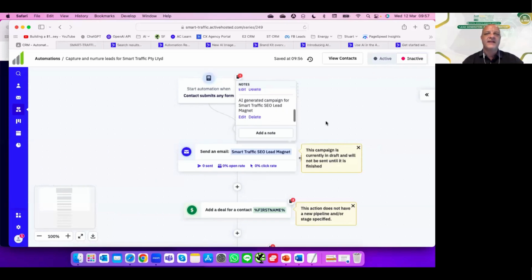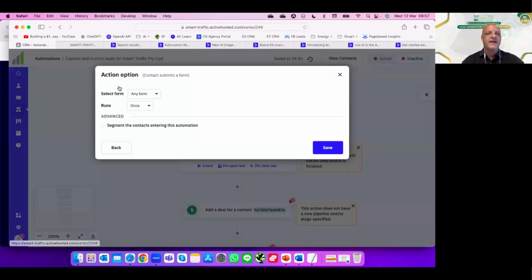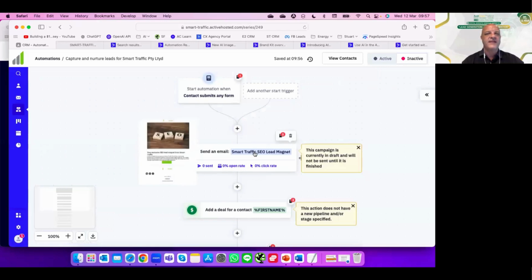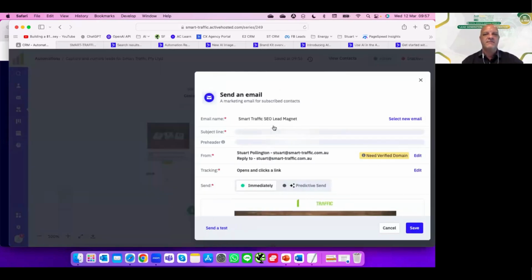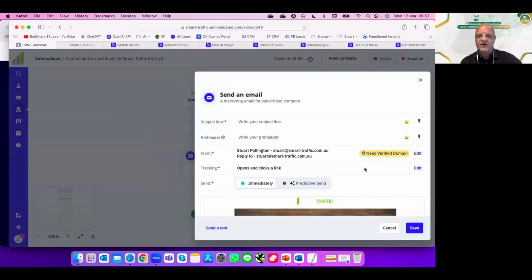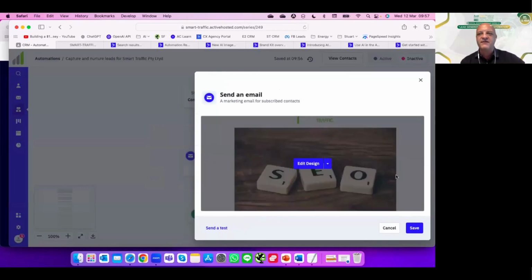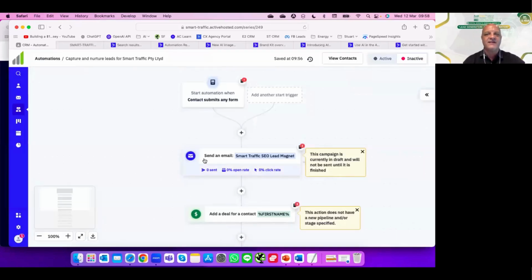And then AI generated campaign. This is in draft. So I can click here and make sure it's the correct form. I can decide how many times I want that to run. That's my starting point. I can then click through to here. Oh, brilliant. It's already generated a potential template. So I'll click on this first email, and it's given me the information here. Need to set up a verified domain. Brilliant. Here's a very rough design for us, which is fantastic. I could click on that and edit that design.